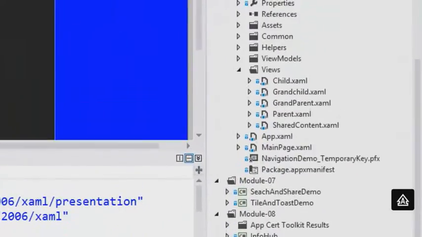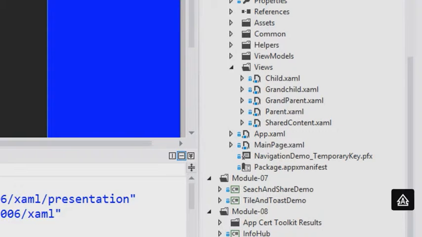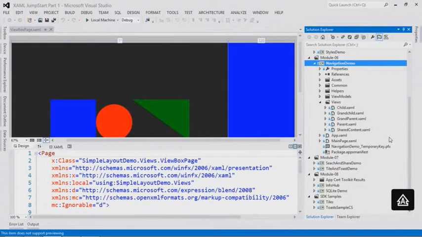There we go. All right, so you can see that inside here we have 3 views, right? And so views are just going to be pages in this case. And so we have 4 views. I said 3, but I meant 4. We have child, grandchild, parent, and grandparent. Let me read it in reverse. So we have grandparent and parent, child and grandchild. That's the natural order. And the app will allow you to navigate between those pages, and it'll also show us